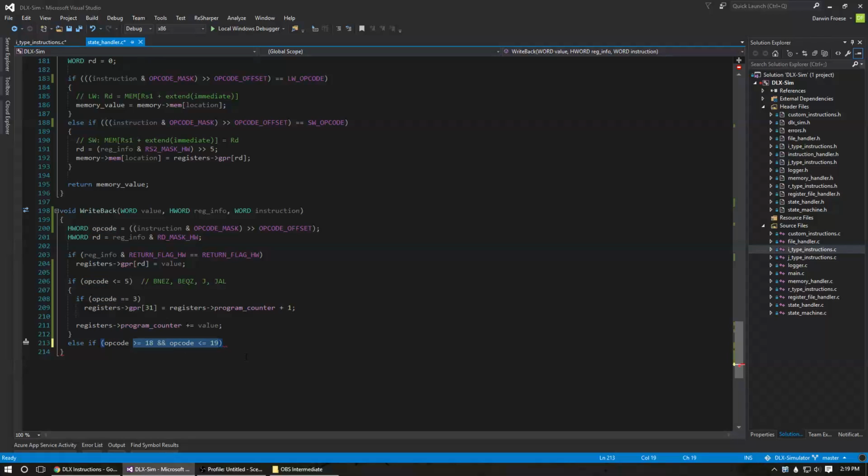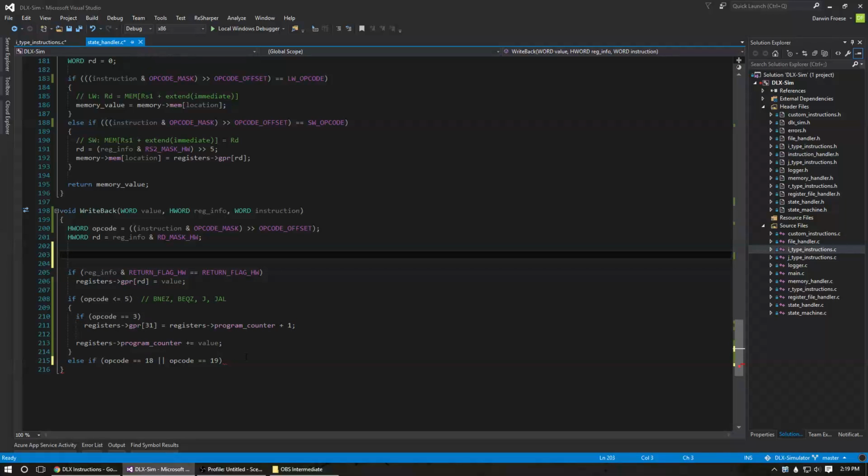Actually, we can just go equals 18, or opcode equals 19. Actually, what if we go switch opcode